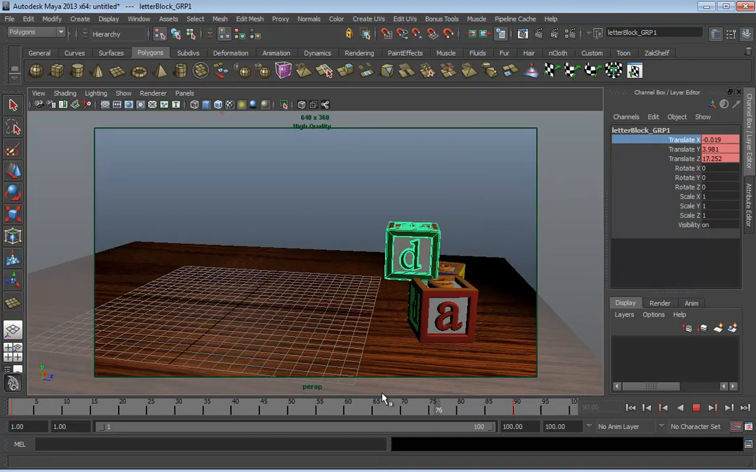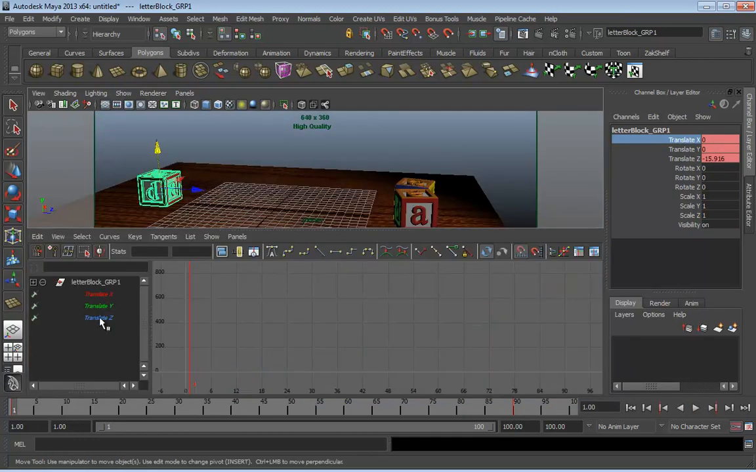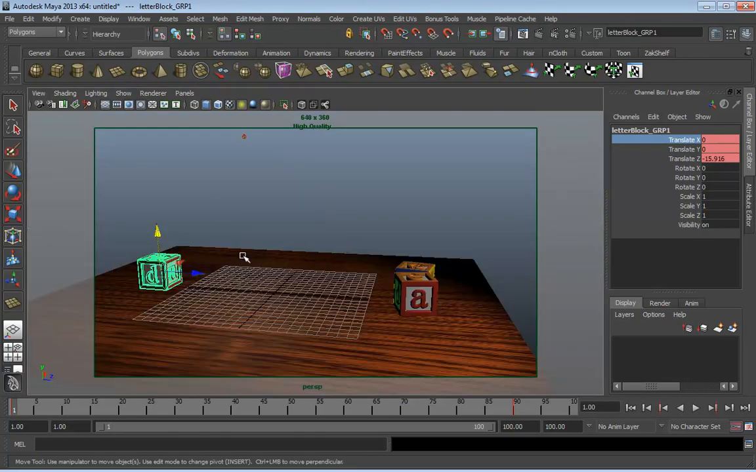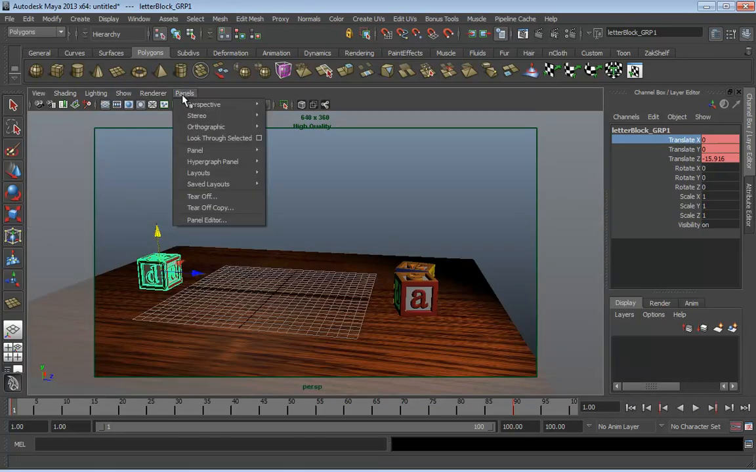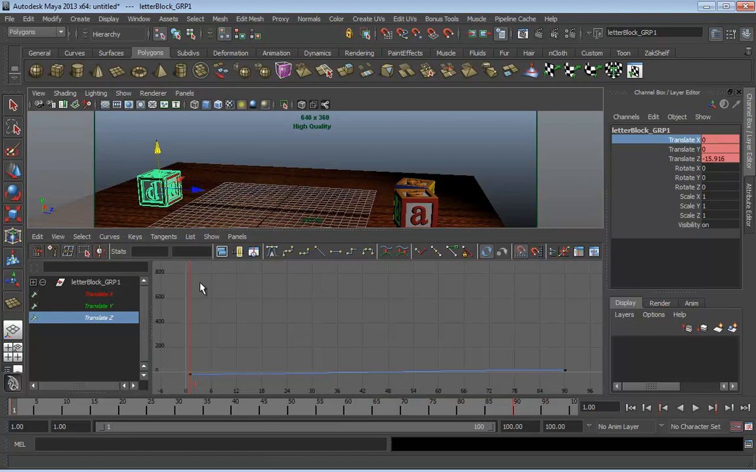Now, I'm going to do things in a very slightly different order this time around. We're going to take Translate Z, which if I select Translate Z here in the graph editor, and if you need to know how I got to that one more time, I'll do the whole thing again: go to Saved Layouts and choose Persp Graph. That breaks your view up into the perspective view and the graph editor. So select Translate Z and hit F. That shows you this